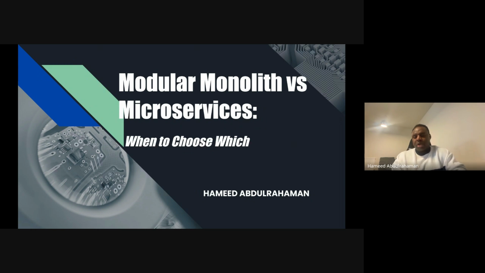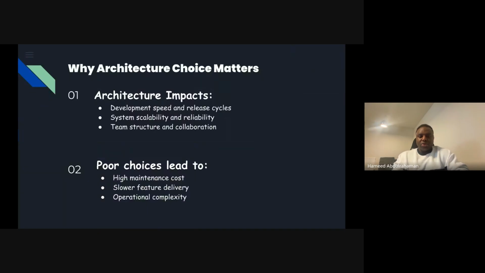So it's important to actually have a deep dive into how and when to choose this particular architecture whenever you're designing your system, or whenever you're making trade-offs, design patterns, or system design trade-offs for your system. So first, the reason why we do this is to think about the architectural impact,